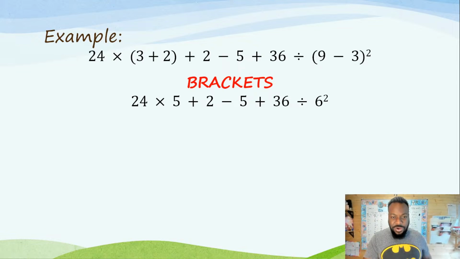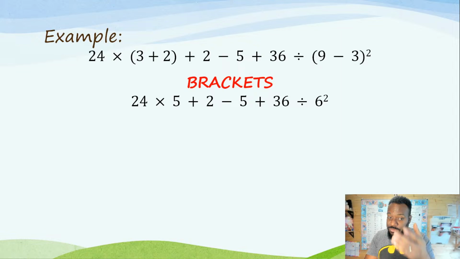So, brackets. We have the 3 plus 2 in the first bracket on the left. And on the right side, we've got open bracket 9 minus 3, close bracket, and then squared. Dealing with those first, from left to right, we take on the first bracket, which is 3 plus 2, which is 5. We simply calculate that within the brackets,